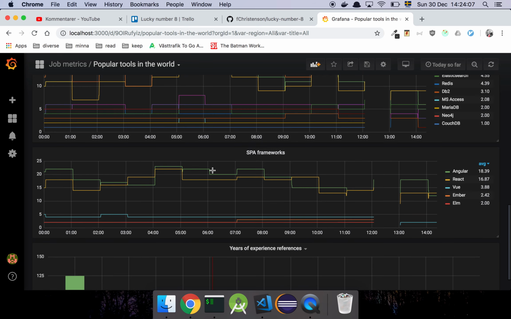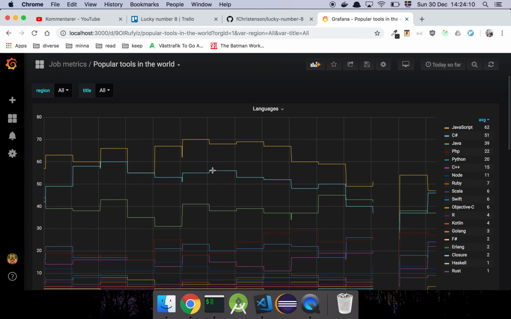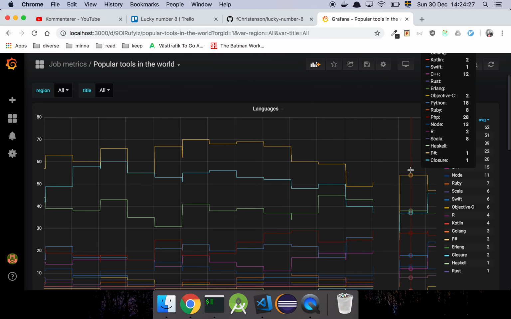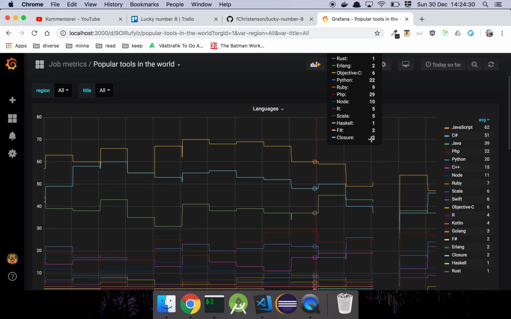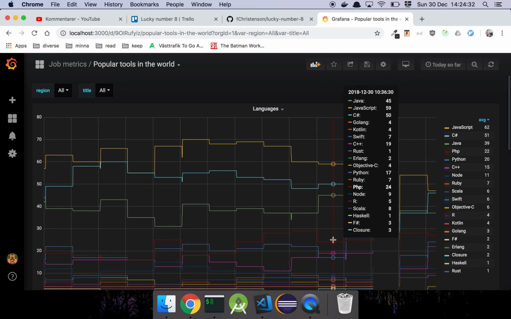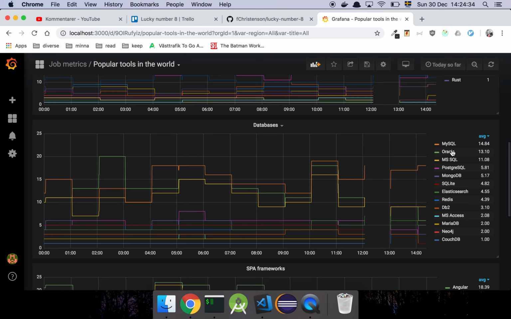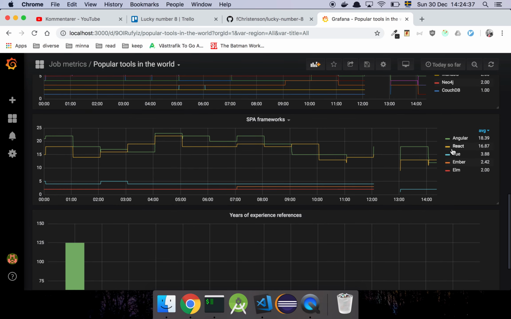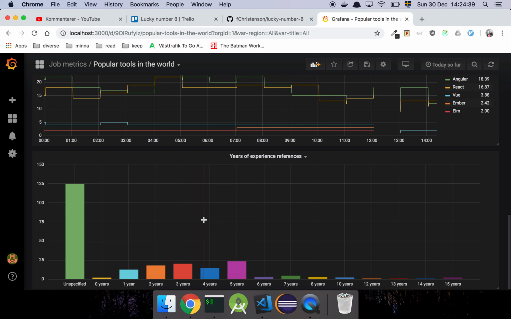which basically all it does is go onto a job site and grab a bunch of job descriptions from different job postings, just a sample. It's not getting all of them, so the data is based on the first, I think, 50 hits or something like that. And then it's just going to grab the text and parse out keywords such as language keywords, database references and SBA framework references. And so I added a little bit of an extra treat, which is this thing here,